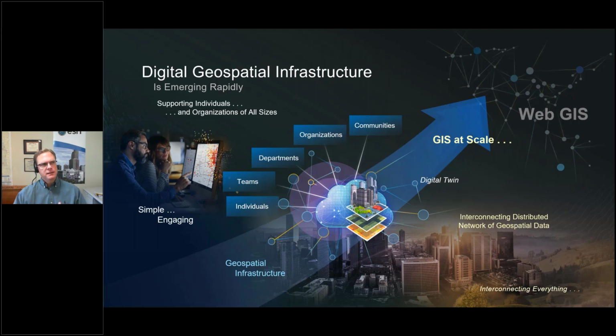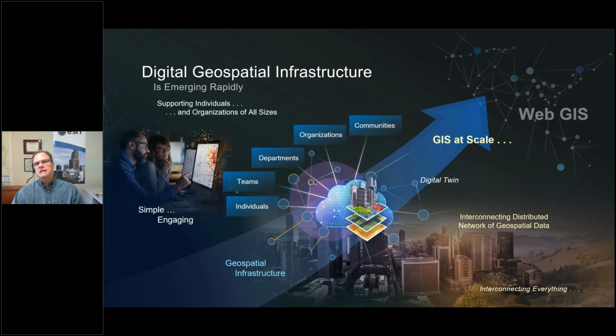And so what we've seen transpire, especially because of the development of this web GIS pattern, where you don't necessarily have to have a desktop license to perform GIS functions and do GIS tasks, is that we don't necessarily need to have that centralized database. We can actually have this distributed so that people in the planning department, who are the subject matter experts about zoning, about land use, about variances and all that fun stuff, can be responsible for that data.